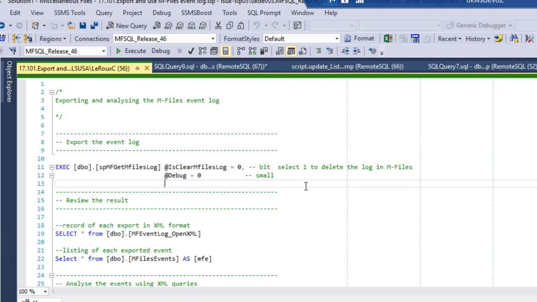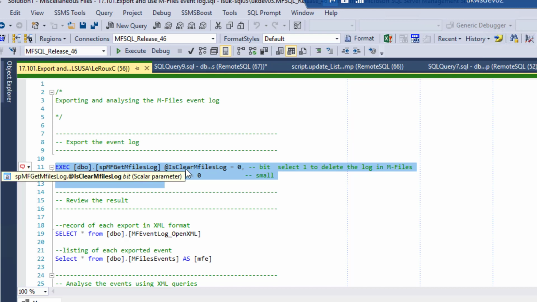First of all, the get mfiles log procedure will fetch the log from M-Files and put it into SQL. So if you use the isClear mfiles log switch and set that to 1, it would actually delete the log in M-Files, and you can then maintain a smaller set of data that is actually pulled. When we execute this, it pulls the information in as an XML file into